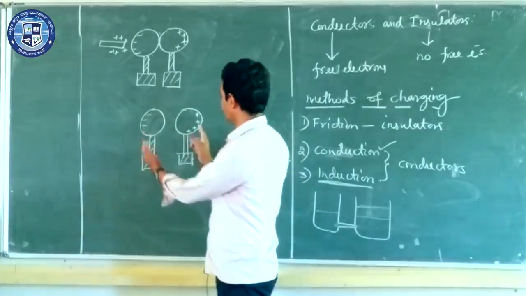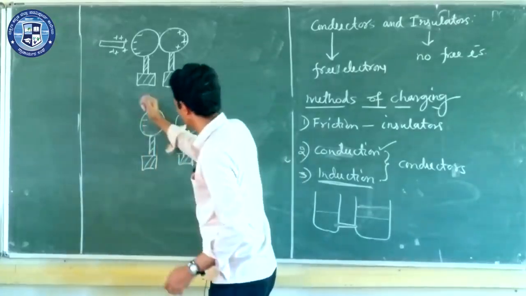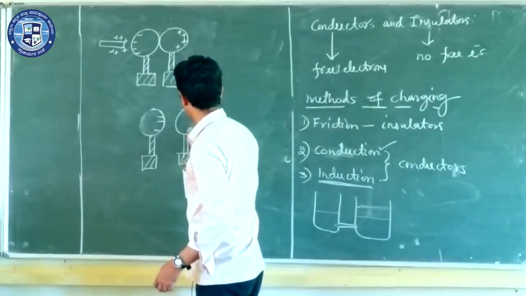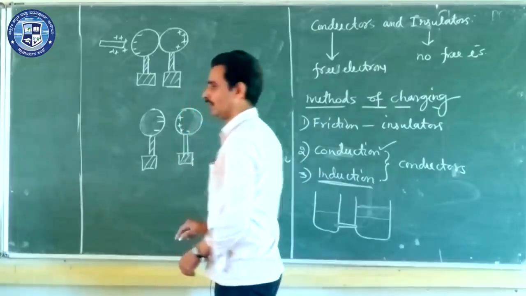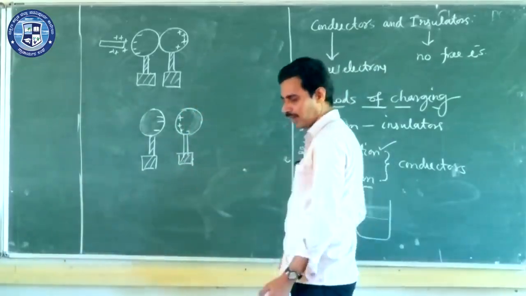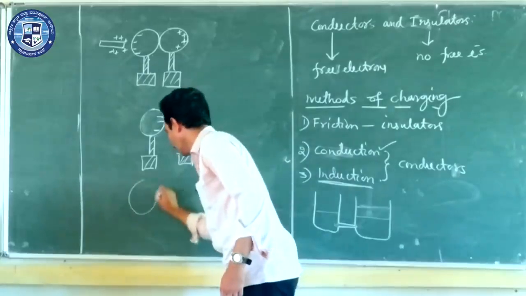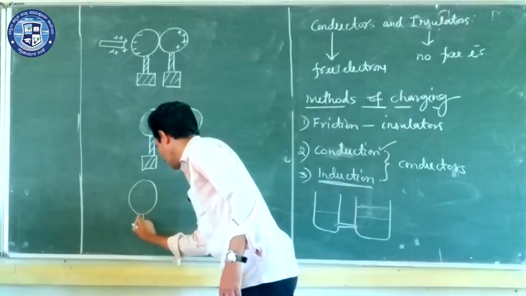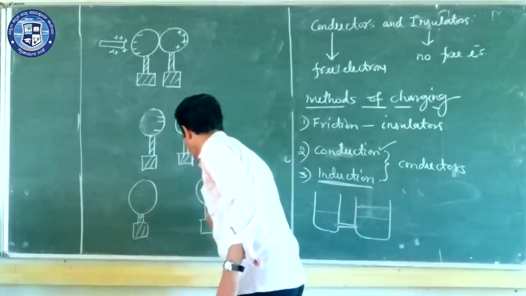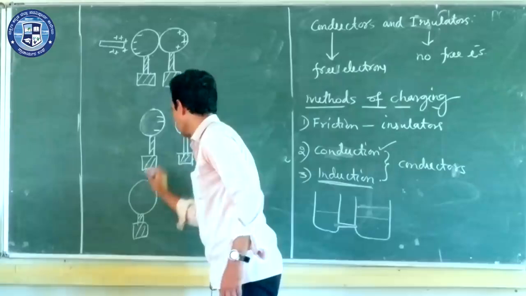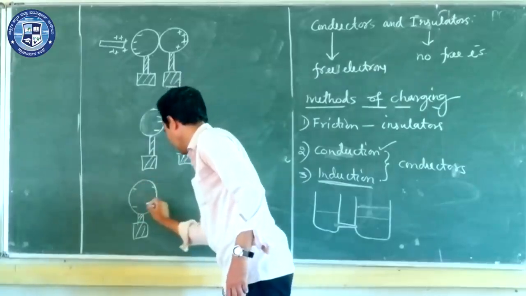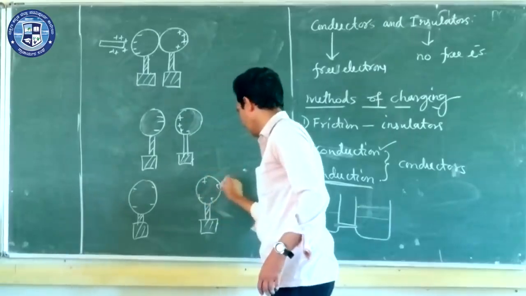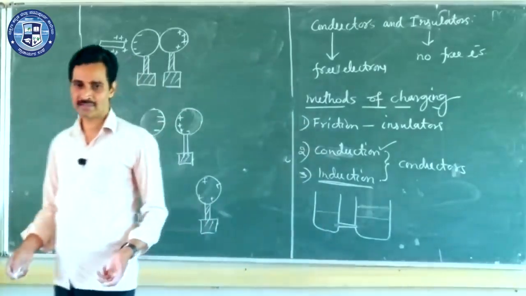But there may be an attraction between these negative and positive charges, so they may accumulate here, and this positive deficiency may be occurring here. Now if you separate them far apart, keep them very much far away, what happens? Since both are conductors, you know that charges always get distributed on the outer surface of the conductor. So these negative charges get distributed here at the farther apart place, and these positive charges get distributed far away. So now both the metals are charged.